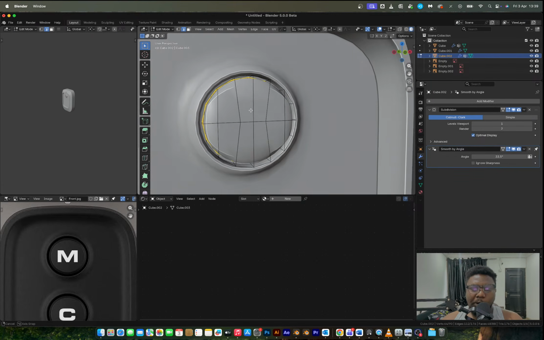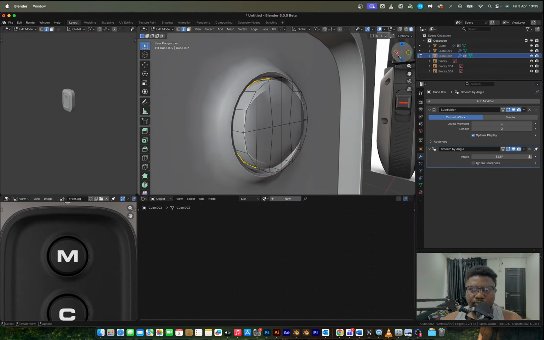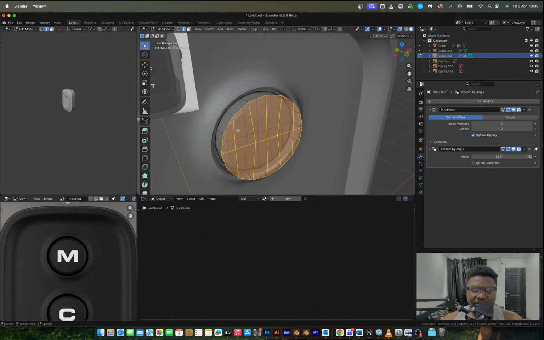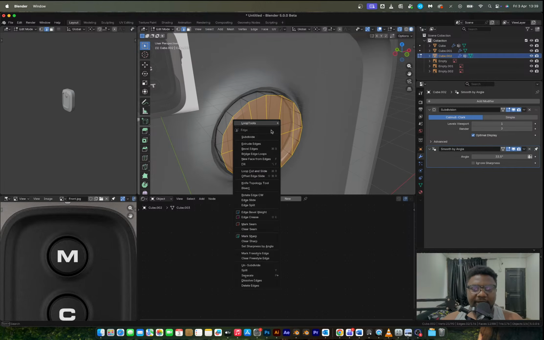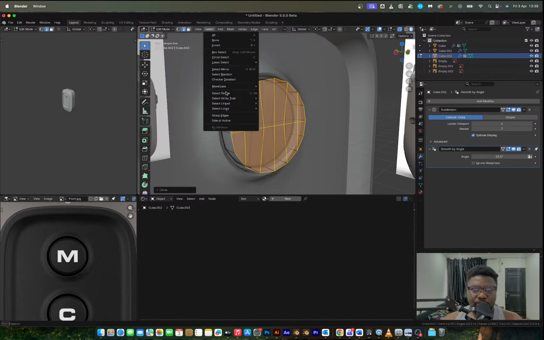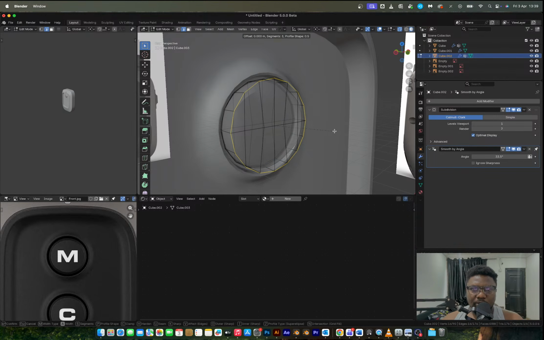Right. I'm going to select this first. Then I'm going to turn this into a circle. But I think it's already a circle. So I'm just going to do boundary loops. Right. Bevel that into a chamfer. Then